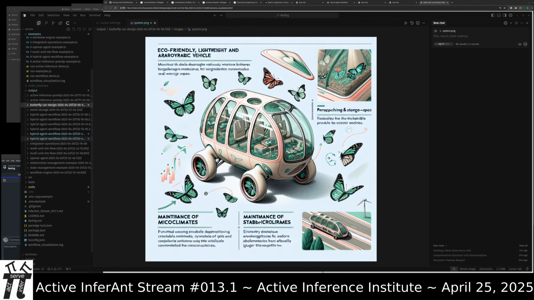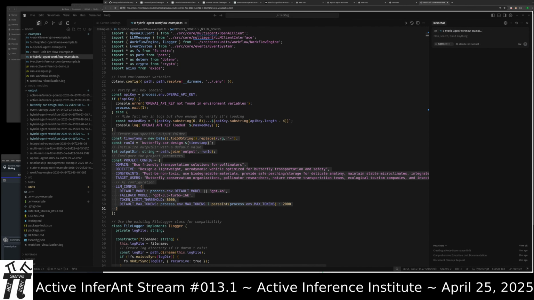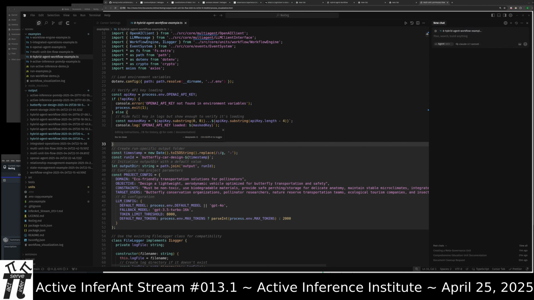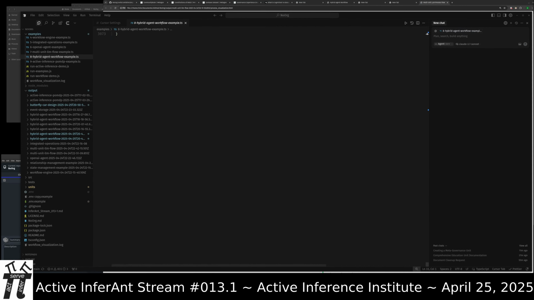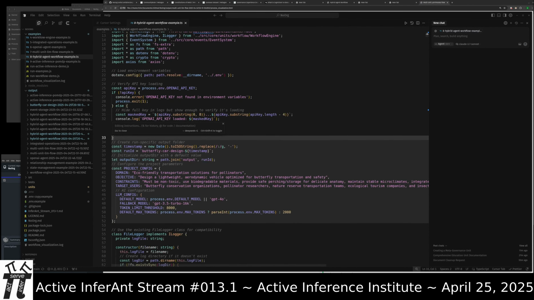So let us make another concept just to confirm that it's doing it from scratch. Using Control K just to modify it inline. This is also quite a long file. This is over 3,000 lines of code. All right.